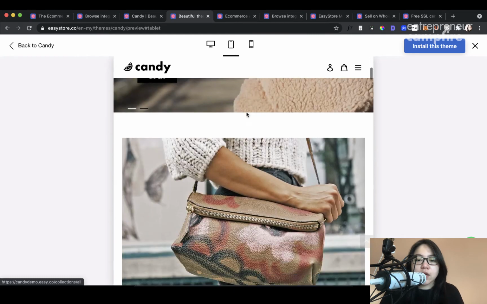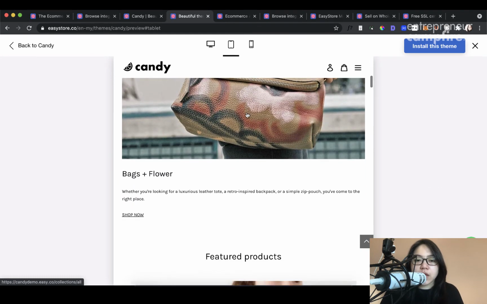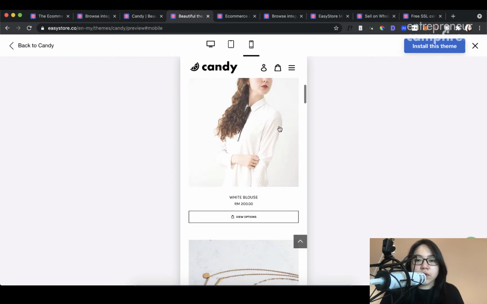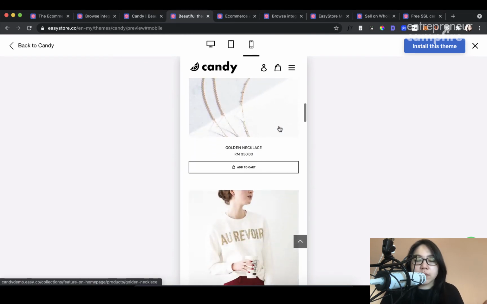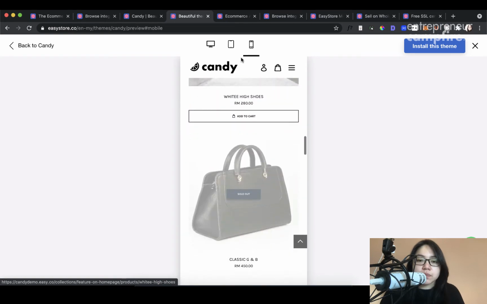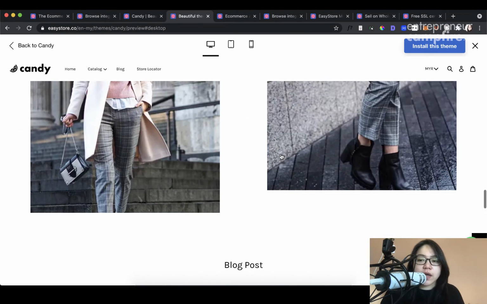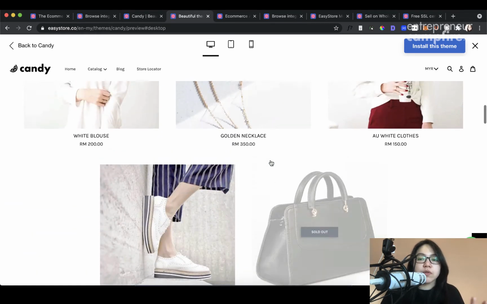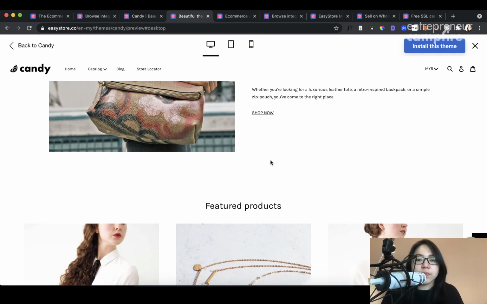So as you can see, if your customer is browsing your store on an iPad or a smartphone, you'll see that it will adjust the size accordingly. It won't be strange or too large. So it will be an optimized experience. These themes are mobile friendly and very pretty, and most likely if you use them, there's no problem convincing your customers that, hey, you're a real business and you're here to serve them. They can trust you. Your products are great. So that's what these themes can help you to do.